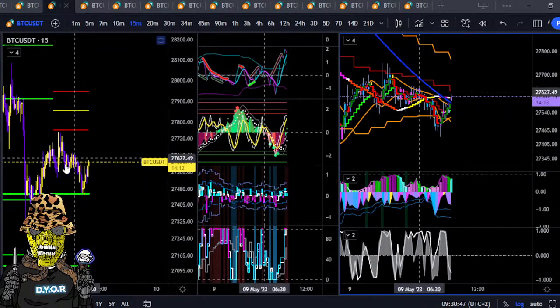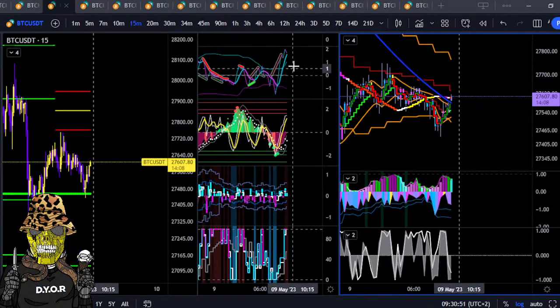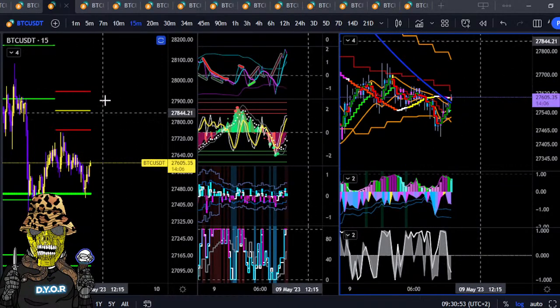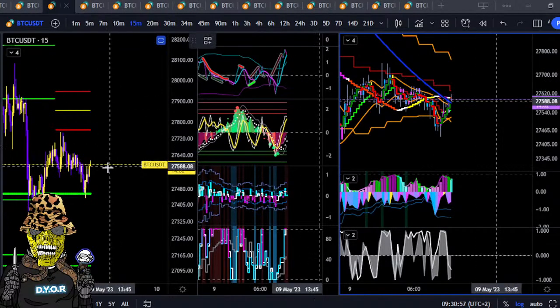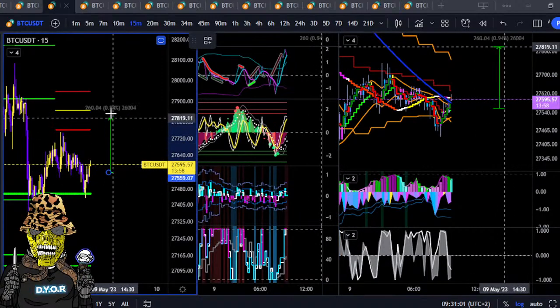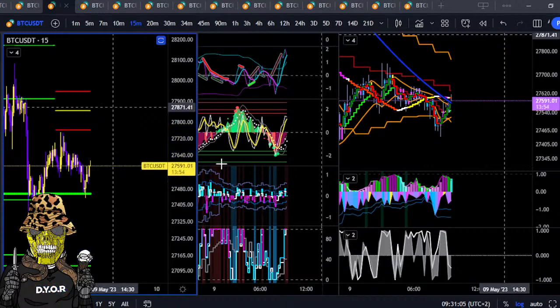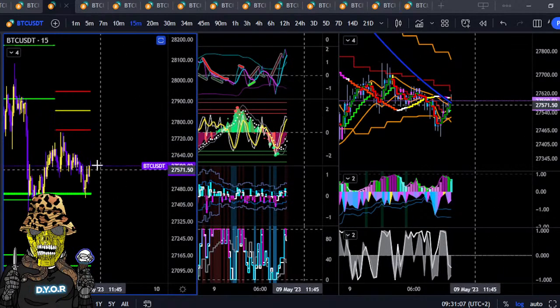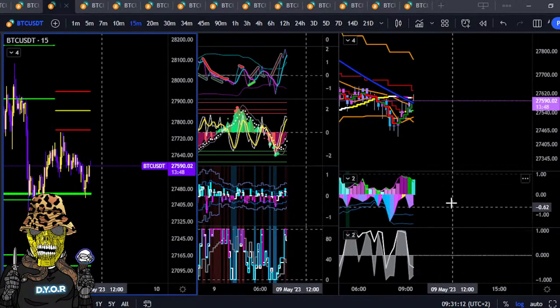27,633. So there's ultimate power mean here. This is its charge. Is it strong enough? It doesn't really look strong enough for the run right now to the daily mean, which if it does recover from, okay, we'll have to go like halfway in case there's a pullback, which is about a 1% move. This doesn't look like it has the legs, and this 15 minute pop over here, contraction,